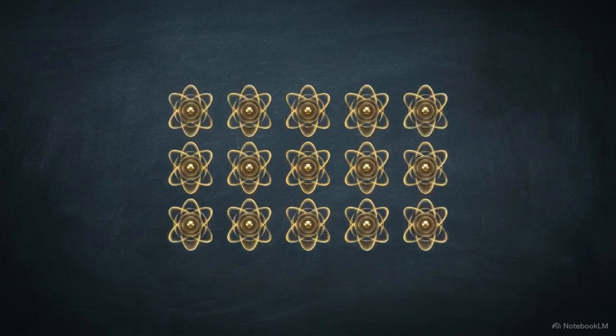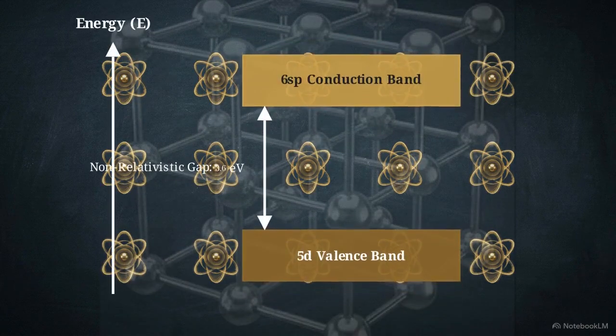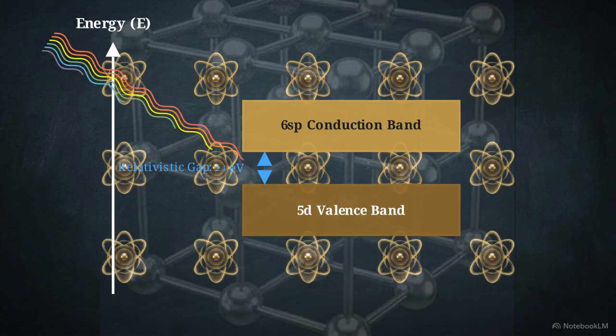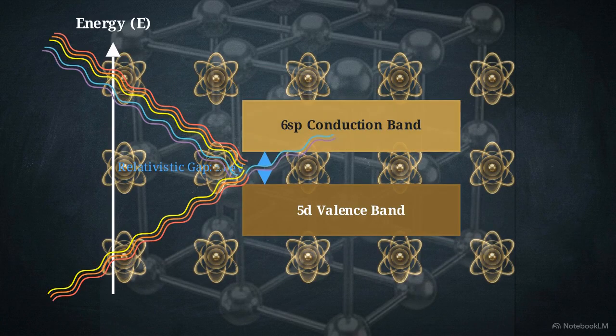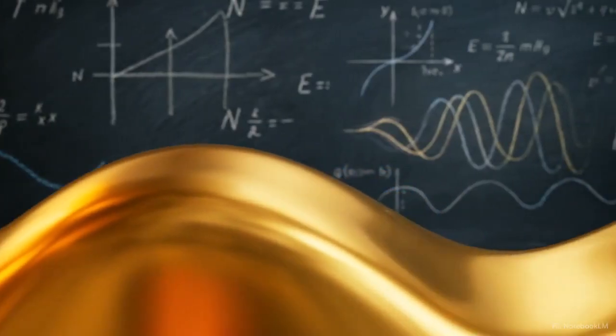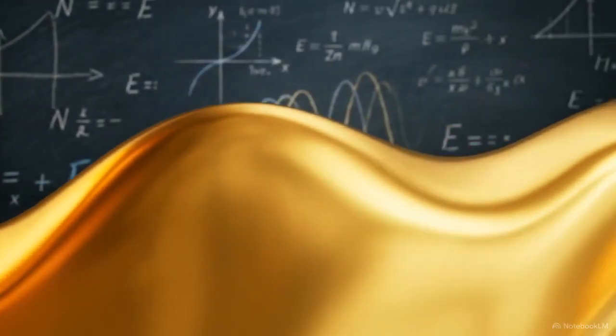Step 4. The solid state. Billions of deformed gold atoms form a crystal, squeezing the 5d and 6s energy gap to 2.4 electron volts. Step 5. Interband absorption. Striking white light hits this gap, matching blue and violet photons, which trigger transitions and are absorbed. The light that successfully bounces off the free electrons and returns to the observer is therefore entirely depleted of its blue and violet spectrum. The human visual system processes this specific subtractive mixture of reflected red, orange, and yellow wavelengths